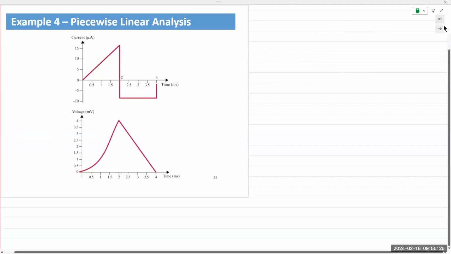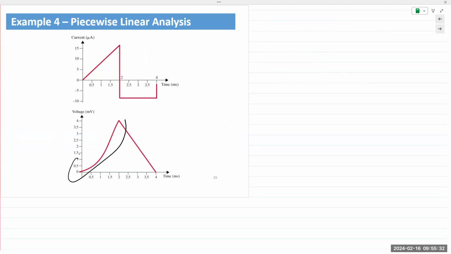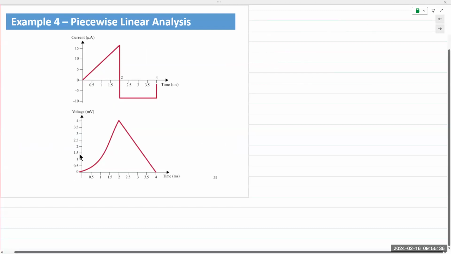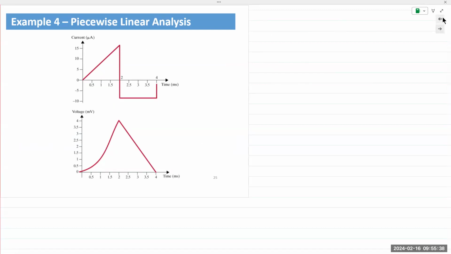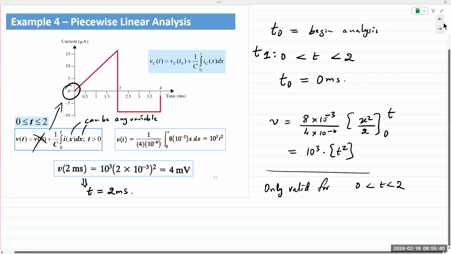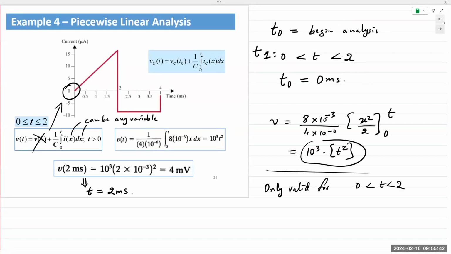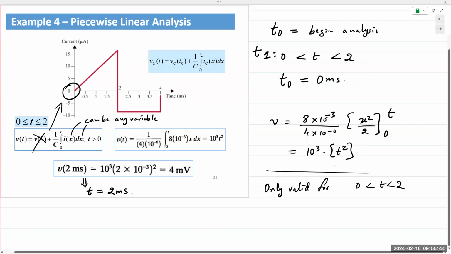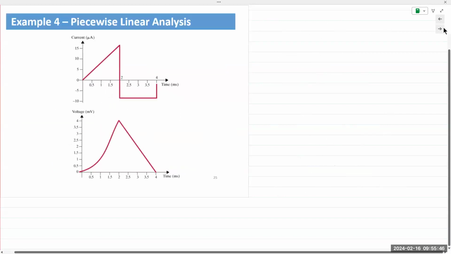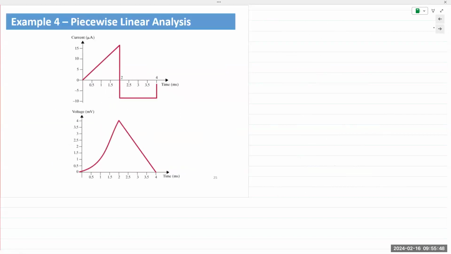Now you can take that expression and you can plot the voltage as a function of time. Okay, as a function of time. So the first one was here, 10 cubed times t square. So if you wish to plot this, depending on the number of data points you take, you could go 0.1. And if you have a